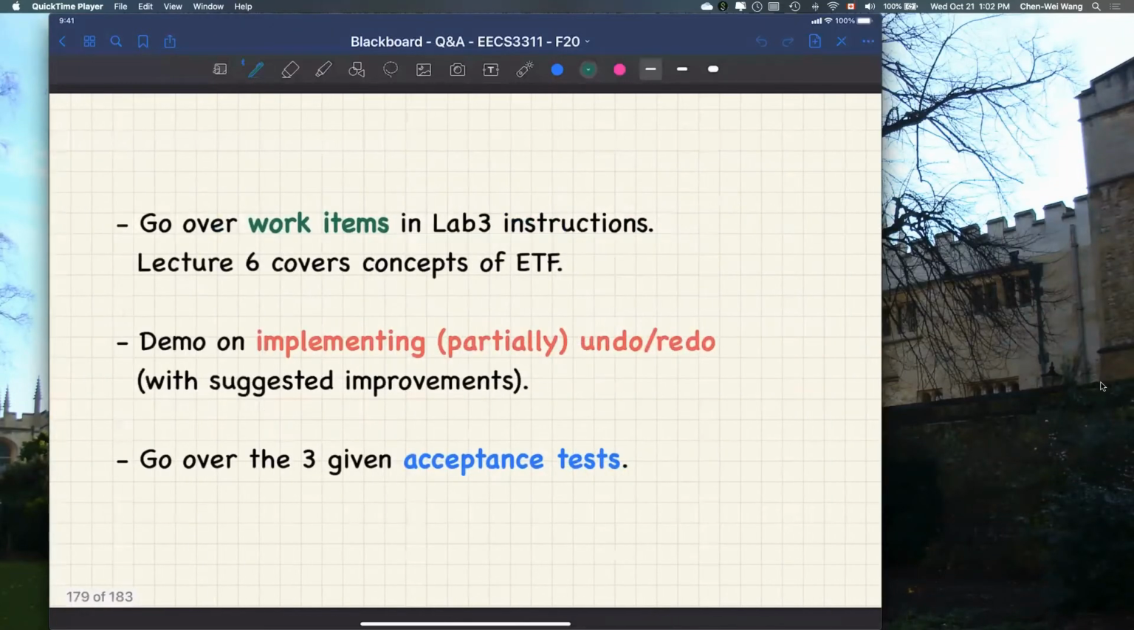Okay, so the agenda for today: I'm going to first go over the work items for lab number 3, so you don't miss anything before the submission deadline. And then I'll mention the part for lecture number 6. Officially, you're only due to start lecture number 6 today, actually Wednesday. So I'll tell you which part you may want to watch simultaneously when you're doing your lab number 3. And then the most important part will be, I want to give you a little bit more idea about how you can make some incremental developments for your ETF, especially how you can do the undo